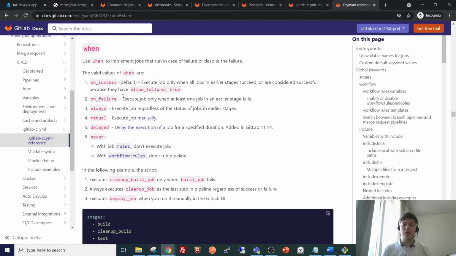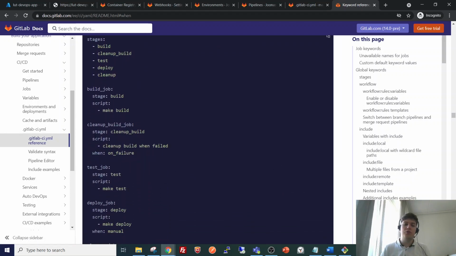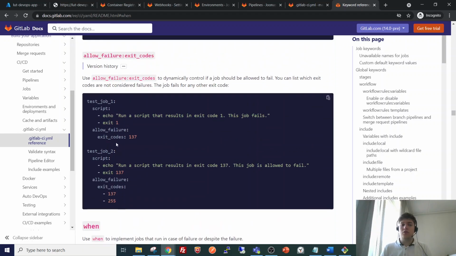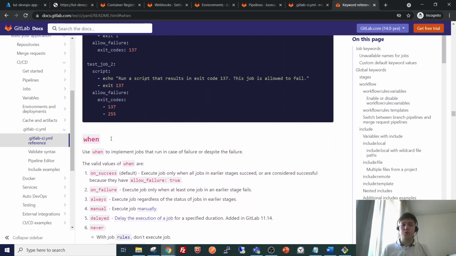So when a job or an earlier stage fails, there are some things that could be done. Maybe this on failure script could include a message to the developers, for example, an email message that the pipeline has failed or some things like that. That is an interesting option that could be used.